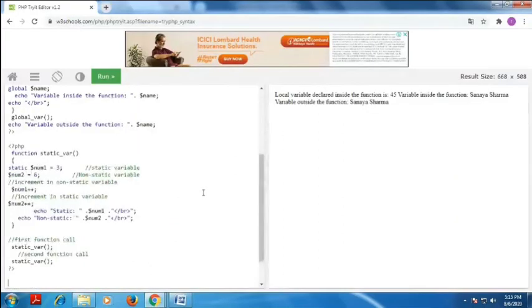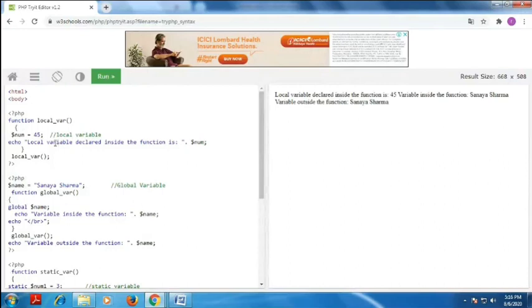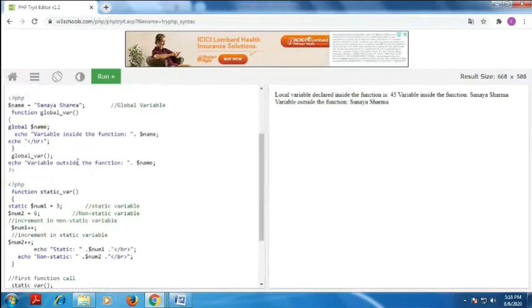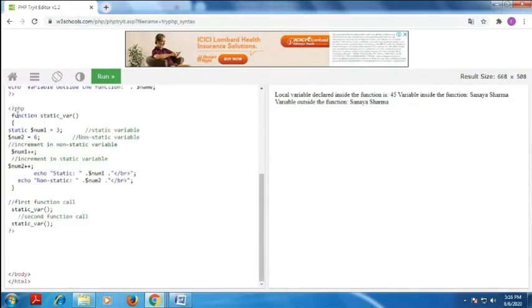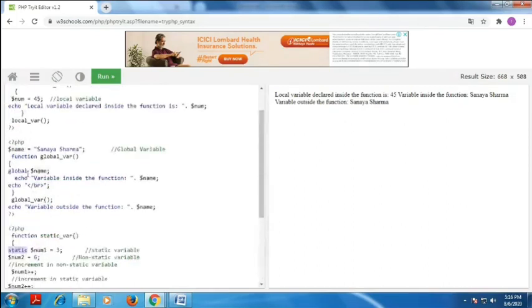To see the example, the first one is the local variable. It can be used within the function. The second script is the global variable. It can be declared before the function and used inside the function and outside the function also. Then I go for the static variable. I have to create one function and a static variable. You use the static keyword, and the variable acts like a static variable. You declare the variable and use global, and it acts as the global variable.